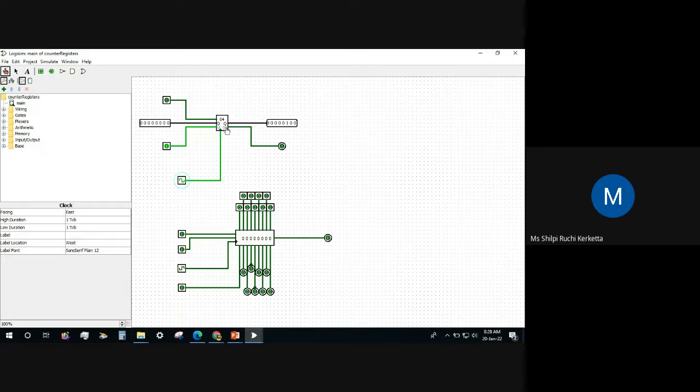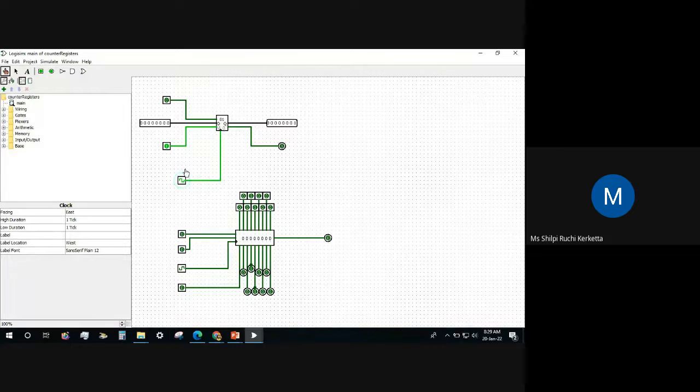So initially all the values will be 0. Okay, so this 0 here is for up counter, and if we give it as 1, then it will become a down counter. Okay, so this is positive edge triggering. I don't know whether it will work in negative. No, it will not work in negative. So this is a positive edge triggering counter. Okay,